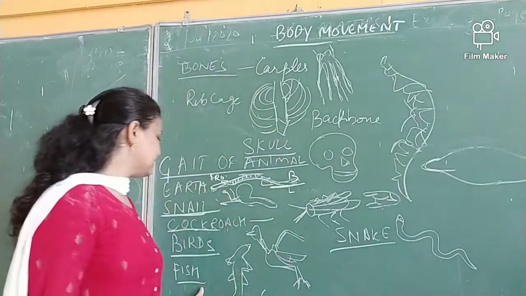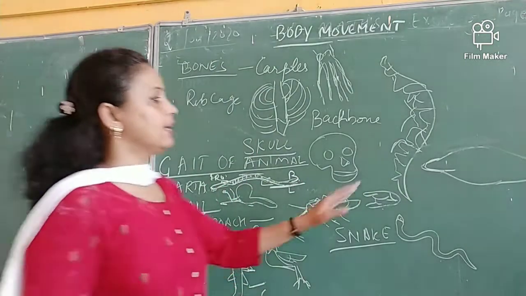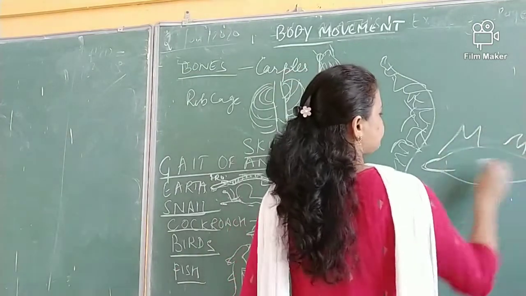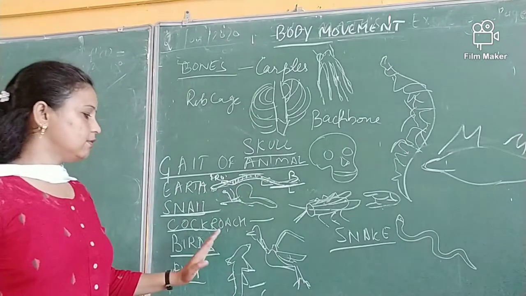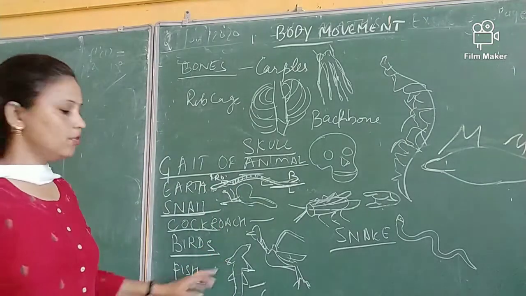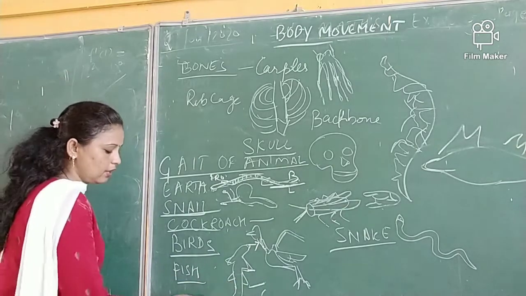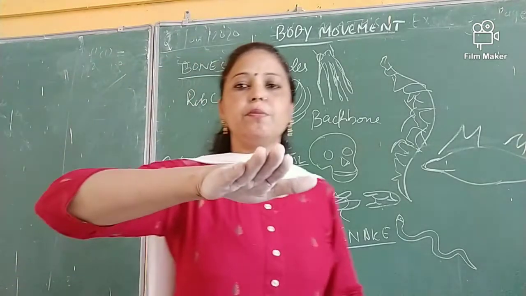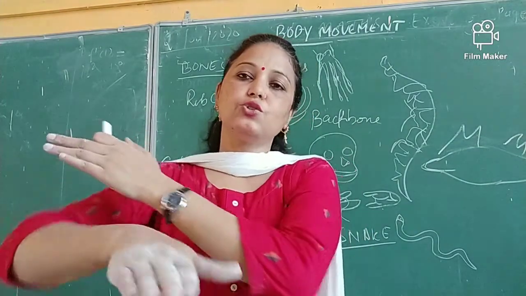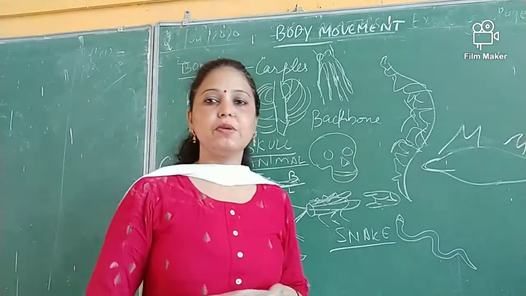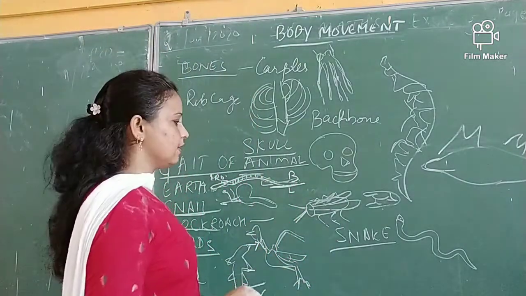Along with this, the fish has fins and tails. When you see that they have fins and tails, these fins and tails help them to swim. Whenever a fish swims in the water, you will find that if its mouth is in one direction, the tail will be in the opposite direction. So fins and tails help them to swim in the water. With the help of this and the muscles, they can easily swim in the water.